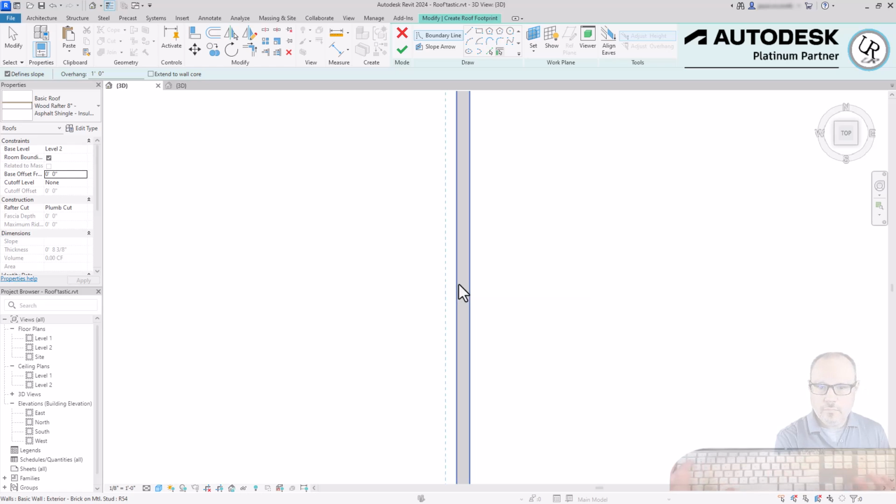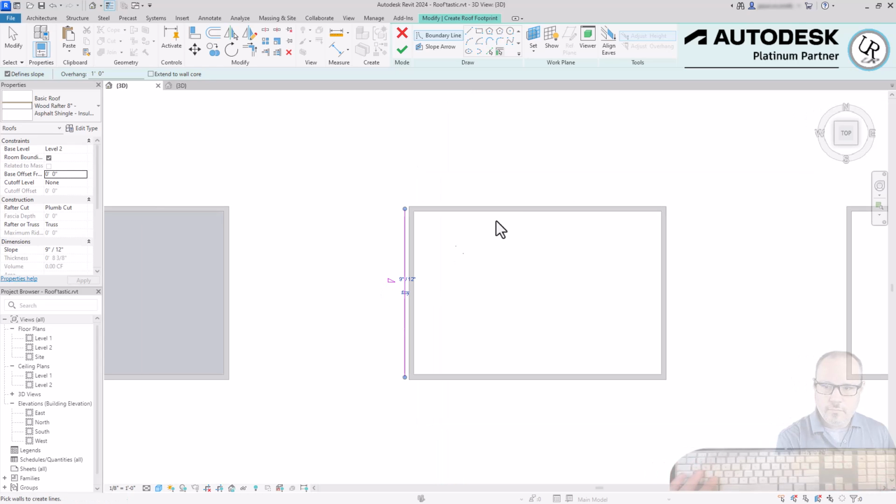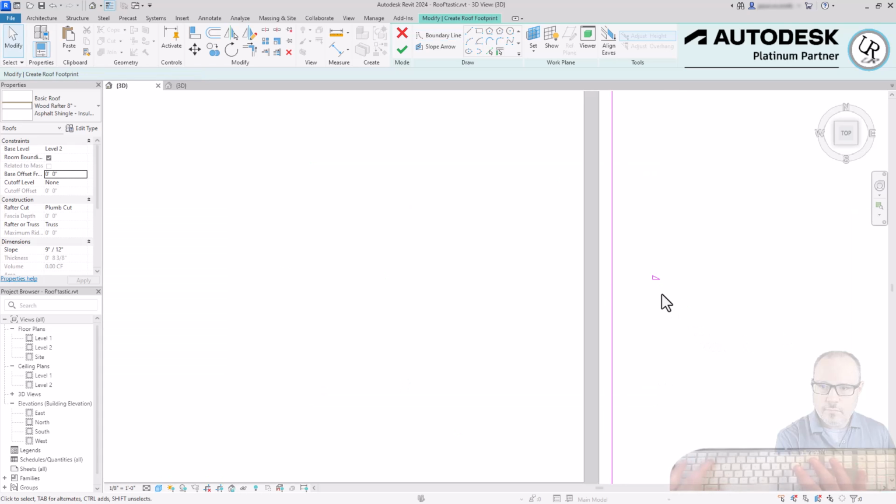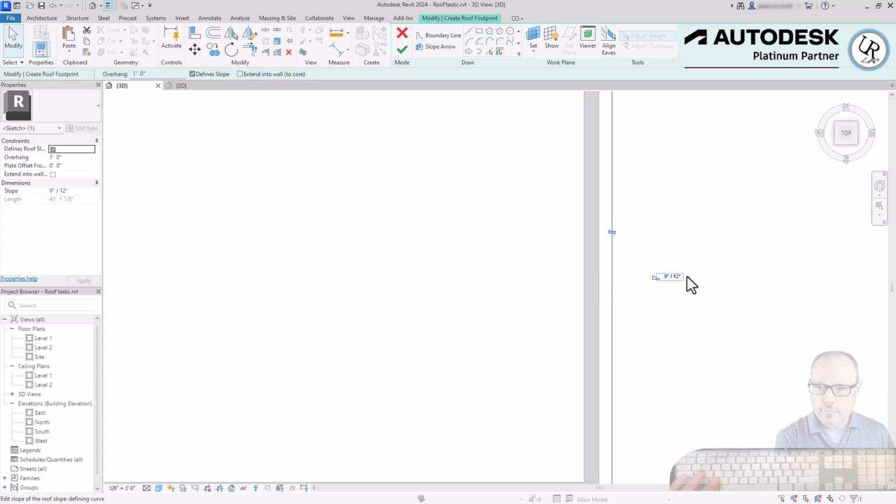So the difference between offset and overhang is very minuscule. It's just a difference between the offset distance for the edge of the roof compared to the line that you're selecting, in this case at the wall. So I'm going to left click and place that on all 4 sides, and those join together at all 4 corners. And you'll notice that each sketch line also includes a little triangle symbol, which is a traditional slope angle